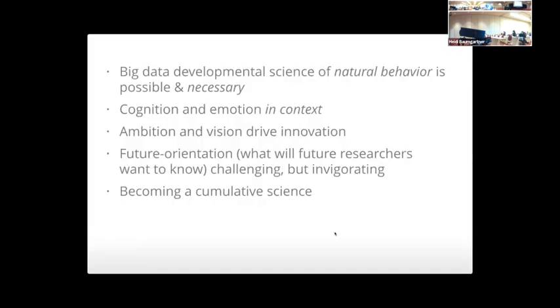So let's make a play in general. Let's make a science of natural behavior a part of what we do and work together to do so. So a big data developmental science of this is in fact possible, but I also think it's necessary. It's important to do, both scientifically, but also for the broader sets of questions that the SRCD policy contemplates. That we can study cognition and emotion in contexts where these behaviors and processes occur and influence many kinds of behaviors. That having ambitious scientific goals, like ManyBabies, like PLAY, really drives innovation in a number of different ways,